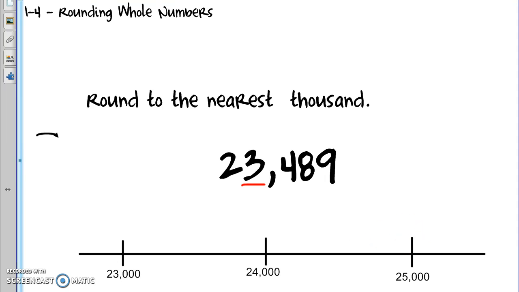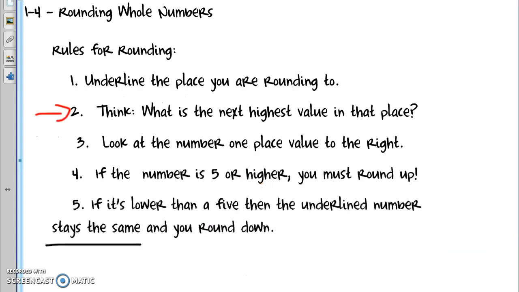So step 1 and 2 are done. The next highest value of 23,489 is 24,000, right? And we know that this is going to go somewhere. 23,489 is going to go somewhere right over here, all right? Somewhere right around there. Next step,